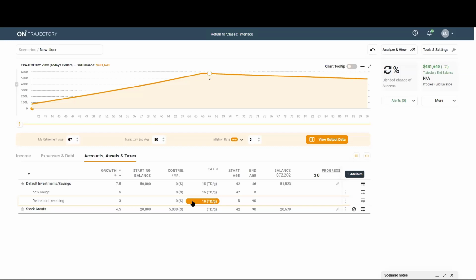So the full distribution occurs, and then the tax, and basically what we're simulating is the full distribution occurring, the money going into your default account, but then the taxes also coming out. It all happens at one time. So the money that's going in is less the taxes. Now there are some situations where that's not true,